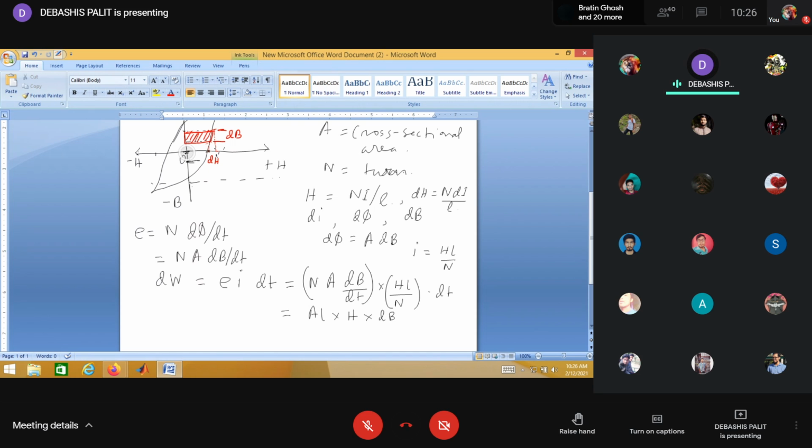If you consider from the initial moment when the current is 0, then the current is incremented to this level. So this portion to this portion, if you consider, the flux change will occur over this total area. So this total effective area, if you consider from the initial moment, is this. So then,